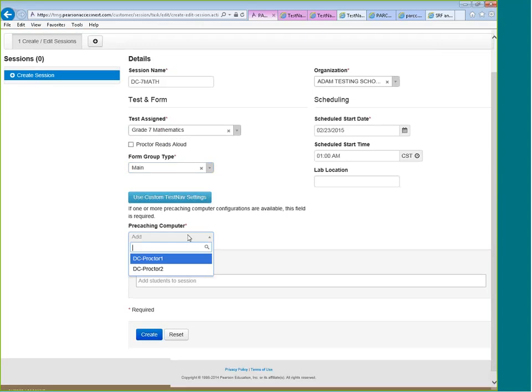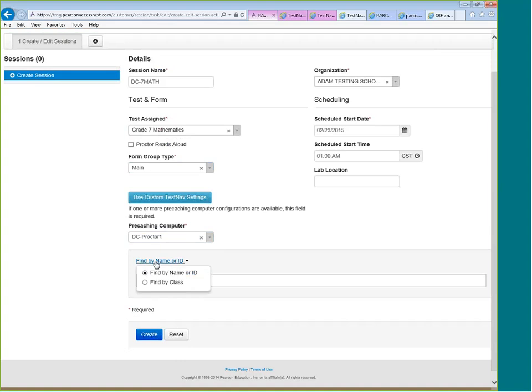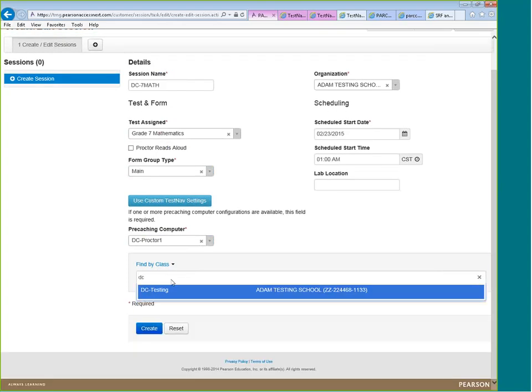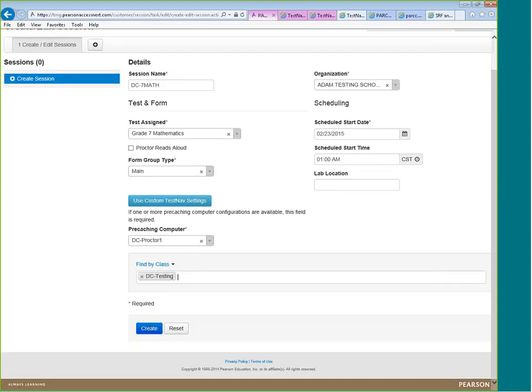So I see my 2 caching computers that I set up earlier. I'll choose device 1. Right now, by default, it's set to students, but I want to search by class. And I know I'm looking for this DC testing class. So I will create.